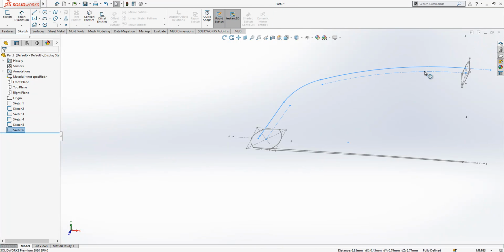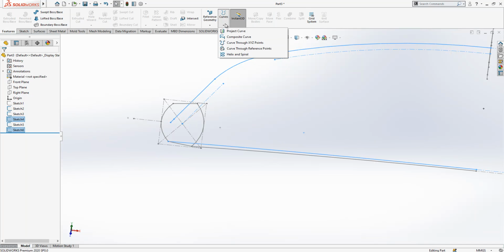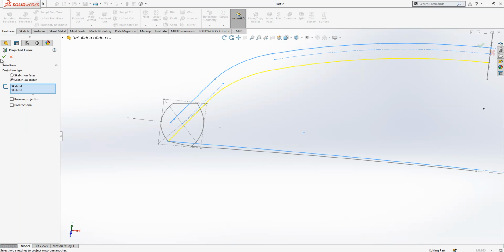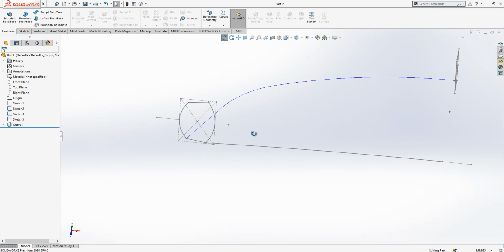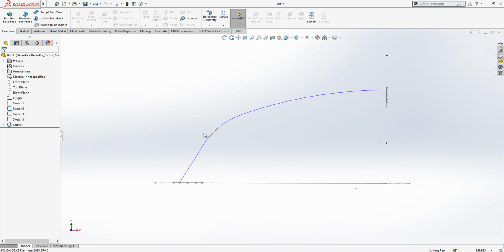Maybe it is time to get rid of one of the sketches, this one and this one. Equivalent of this point, we create here one project curve. One is done and two sketches are gone. Second is,